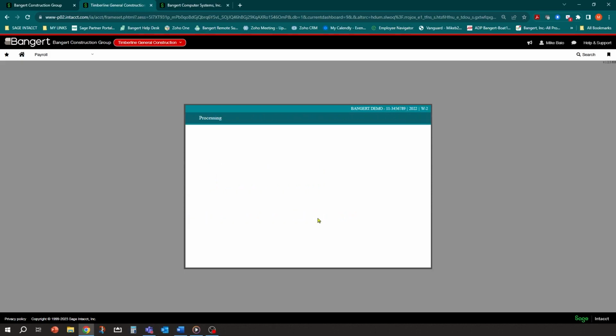This is also nice because halfway through the process, if you do find some things that you forgot to set up, or aren't showing up, you could exit out and go fix them in Intacct and then come back into here and just start over. So it's going to go ahead and prepare, based on the form we selected, all the data it needs.